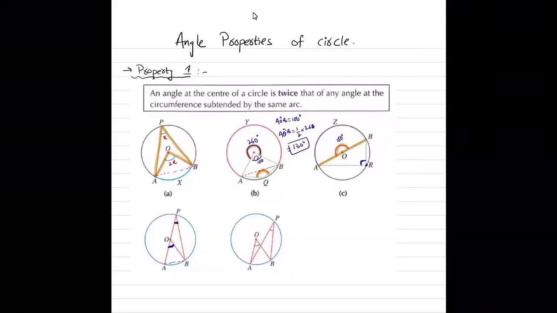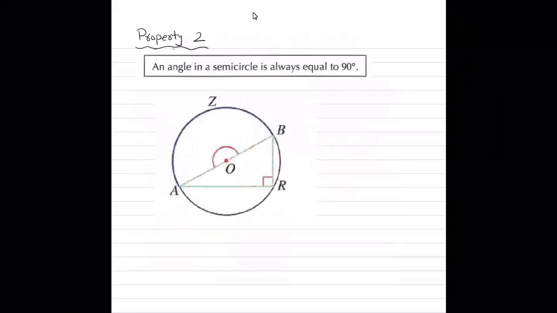Other way you can have this diagram is this. Consider AB as a chord. You have AOB as the angle at the center and APB as the angle at the circumference. So angle at the center is going to be twice the angle at the circumference. If this is 25 degrees, then AOB is going to be 50 degrees. All right. Yes, sir. Is this okay? Try to remember the properties, please.